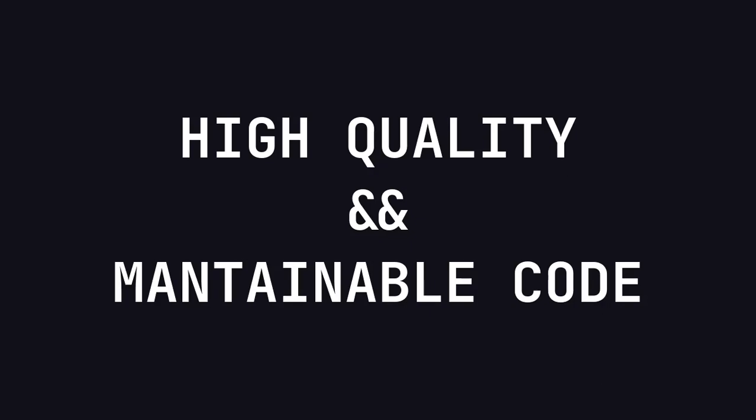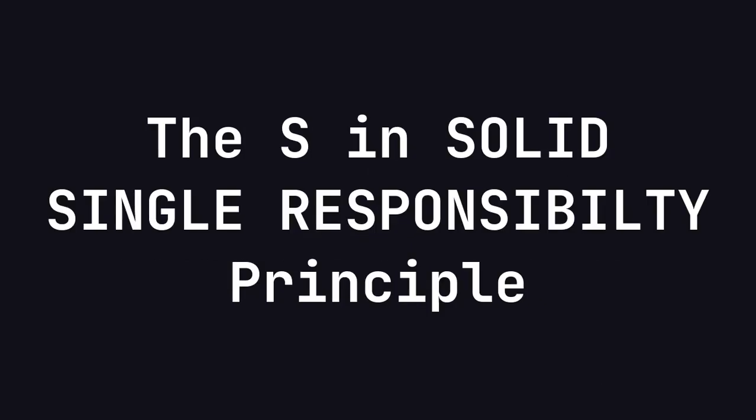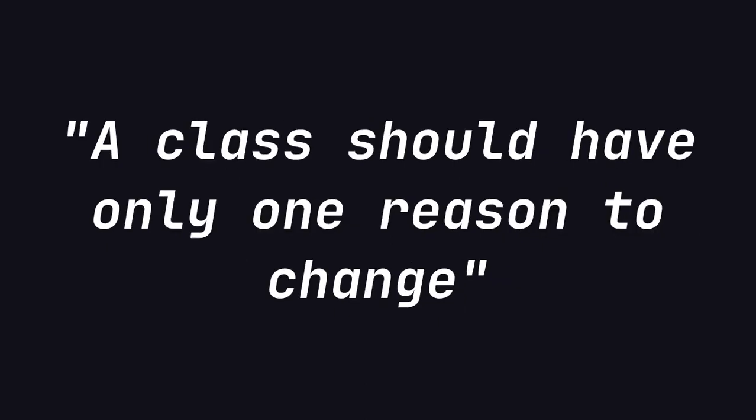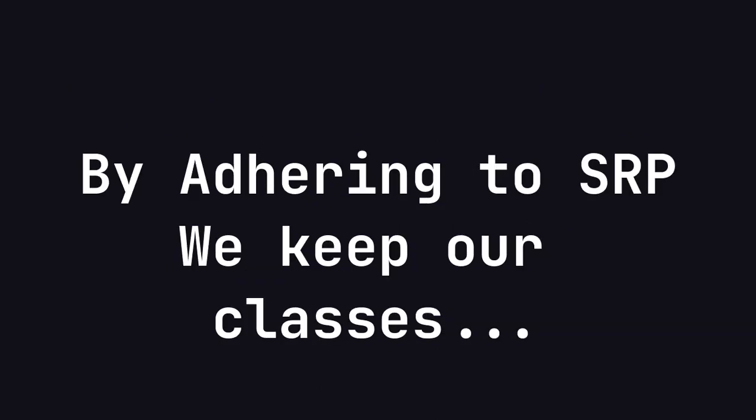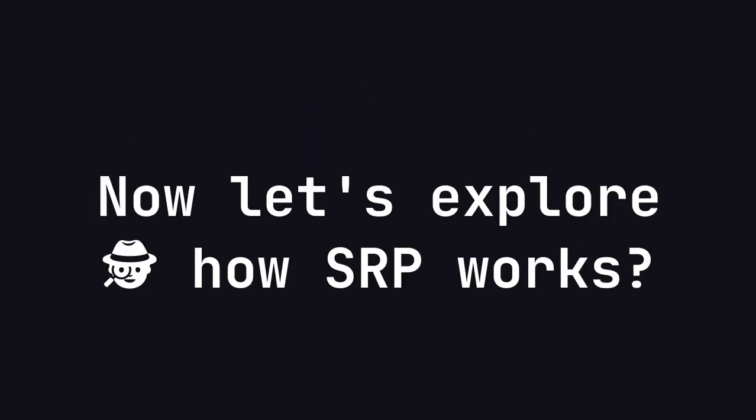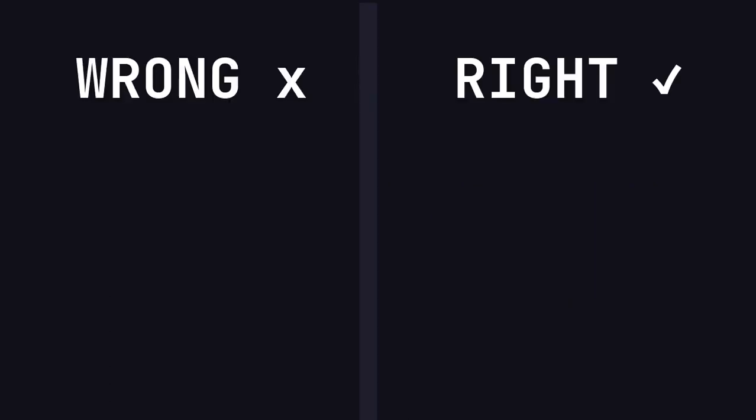First of all, the S, single responsibility principle. The single responsibility principle, or SRP, suggests that a class should have only one reason to change. In simple terms, a class should have a single responsibility or task. By adhering to SRP, we keep our classes focused, making them easier to understand, maintain, and test. Now let's explore how SRP works with two examples, one that violates the principle and one that adheres to